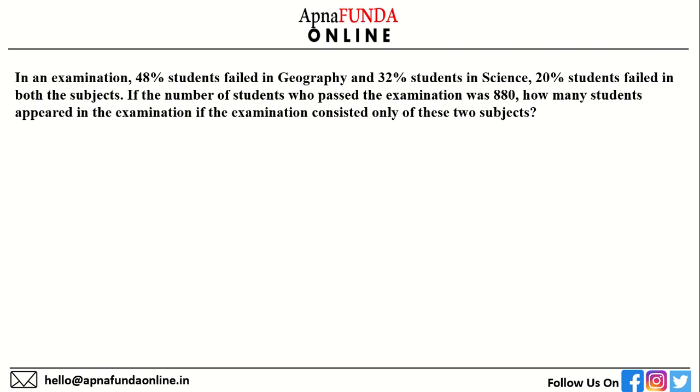If you are thorough with Venn diagrams and set theory, you will love to solve such type of questions. If you have not, please do check out my videos on Venn diagrams and set theory. We have explained Venn diagrams of 2 and 3 sets very thoroughly. We have solved a good amount of examples. So Venn diagram of 2 sets says something like this. There is a set A, there is a set B.